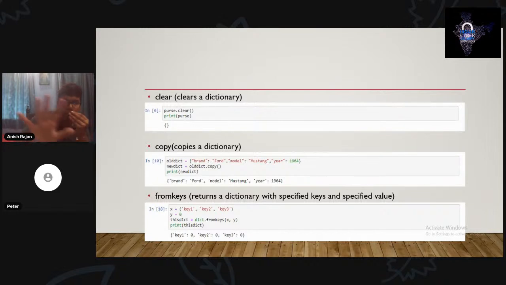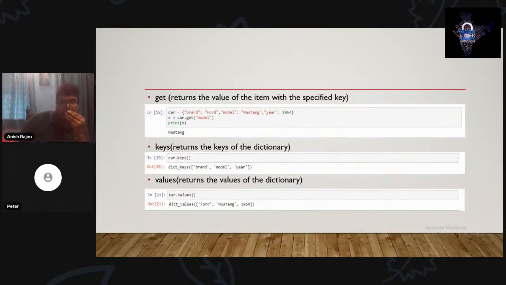And now, what does this fromkeys function do? This is a little bit important. It returns a dictionary with specified keys and specified values. You can see that we have x and y here. What this function is doing, basically, is returning those keys with the specific value. So it's returning all these keys with a specific value. You can see that key 1, key 2, key 3, all these 3 keys have the same specific value. So this fromkeys function returns the keys with a specific value.